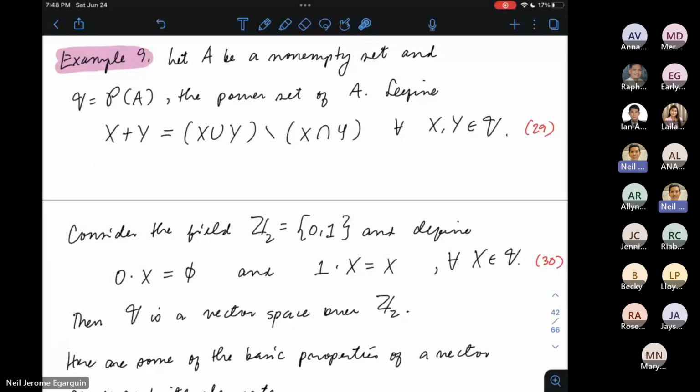Are you still familiar with the power set of A? Or if not, I will give a specific example. But this is called the power set of A. The power set of A contains all the subsets of set A. So that power set of A can constitute a vector space over Z2. It's a somewhat unusual example, no? But how do we define vector addition? I will define vector addition this way.